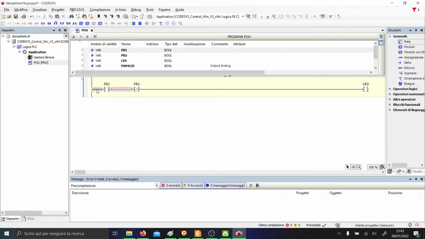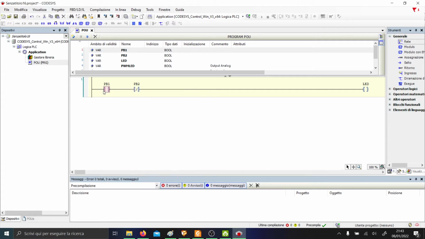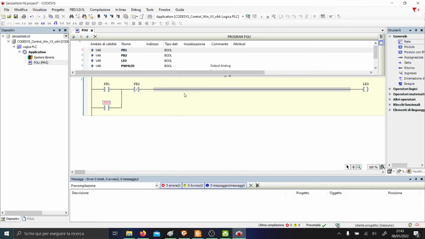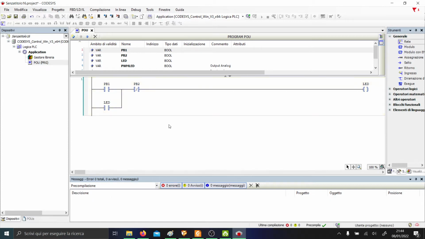And then we have to add here the retain, and so here. So the first part is